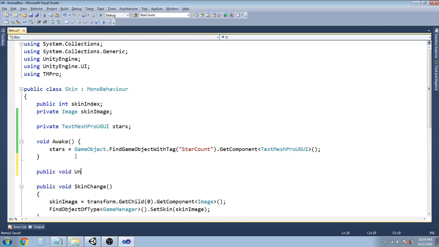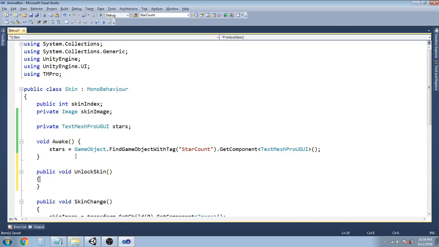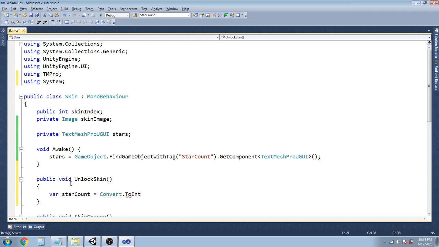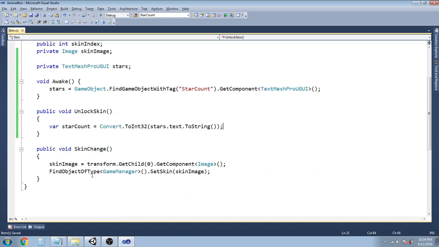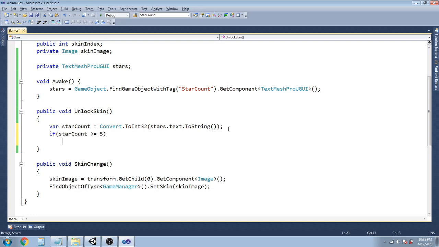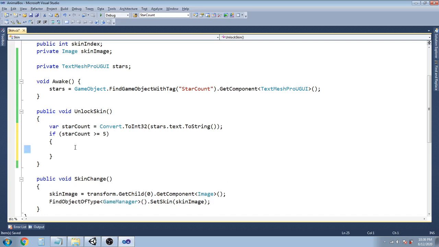Public void UnlockSkin. Var starCount equal to Convert.ToInt32 stars.text. If starCount equal to 5, oh, we don't need the ToString here, it's already a string. So if star count is bigger or equal to 5,